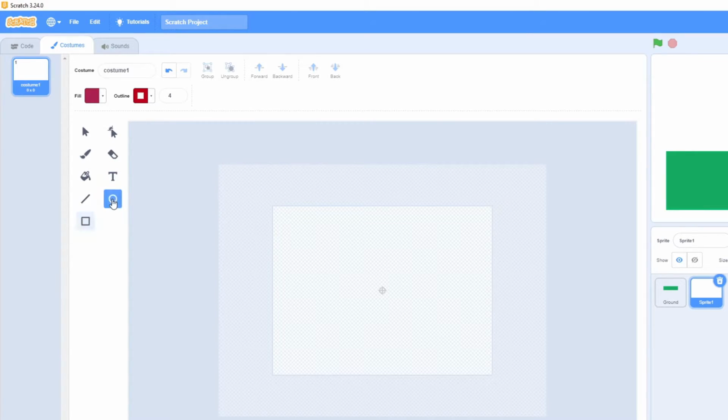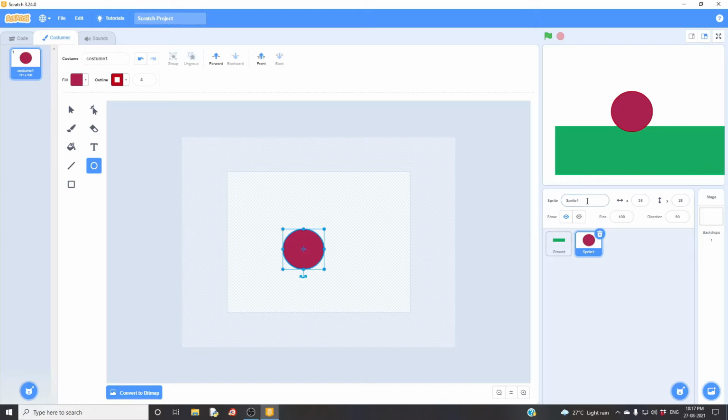Just go for a circle. Here draw a circle. And I got a sprite here. Let it be smaller. Okay. Name this sprite as ball. So now we got ground and a ball.